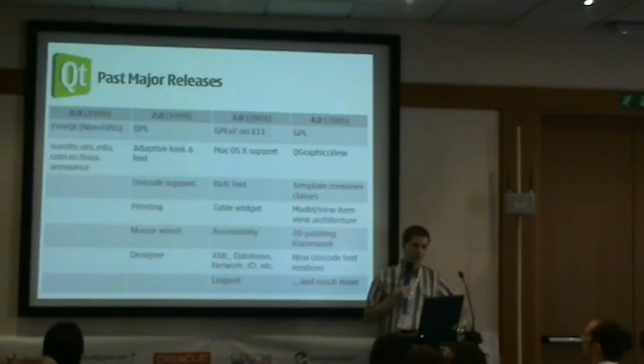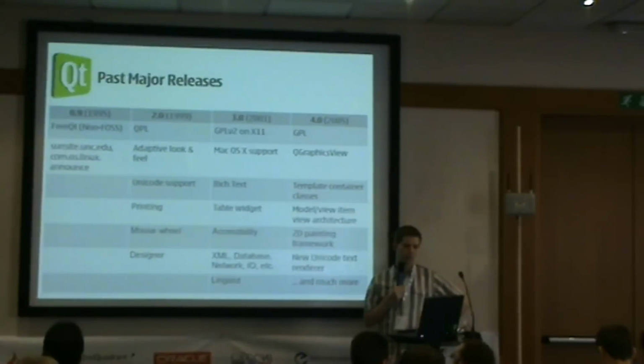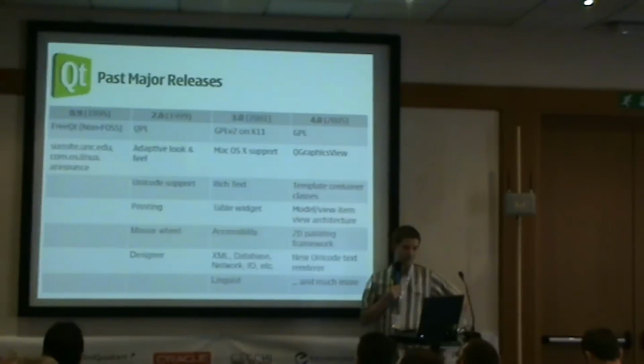But things moved forward, and in 4 years there was version 2 with an open source license, although not compatible with GPL. And lots of new features like theming, Unicode support, printing, mouse wheel,